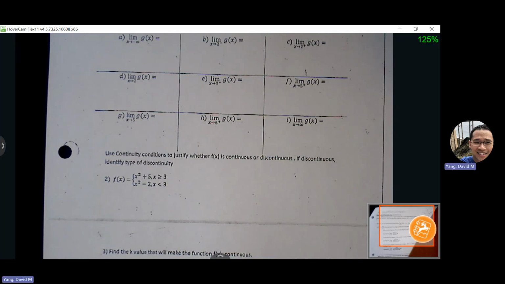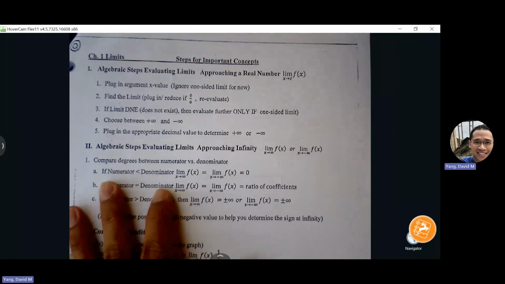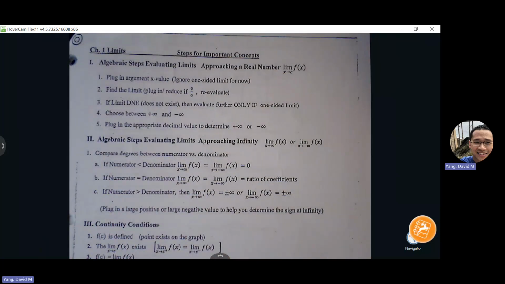Okay, let's see if we can put some things together. Oh, actually let me do this first. This is near the front of your previous packet. It says page 0 at the top here. Let me just run through the big picture in terms of